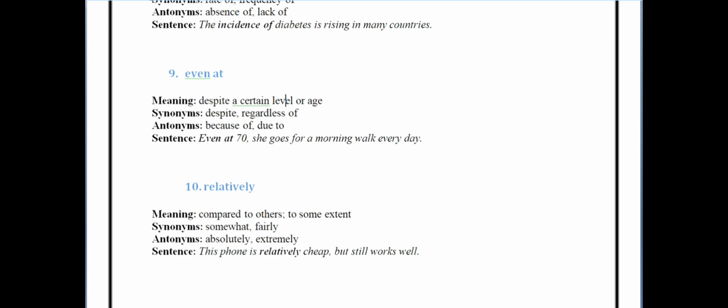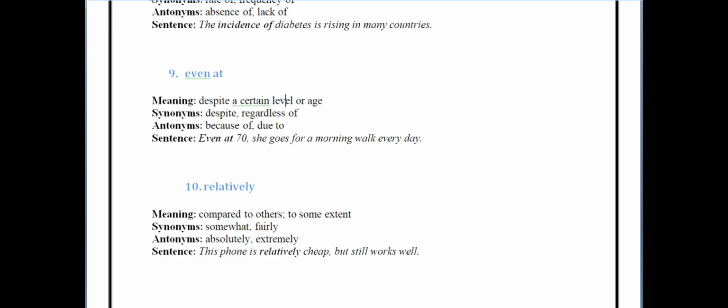There is a subtle variation between a general word because and the phrase because of. This is because of, and the other antonym is due to. The sentence is even at 70, that means even at this certain age, she goes for a morning walk every